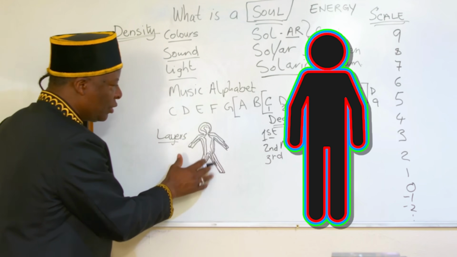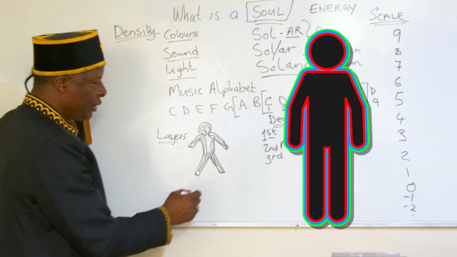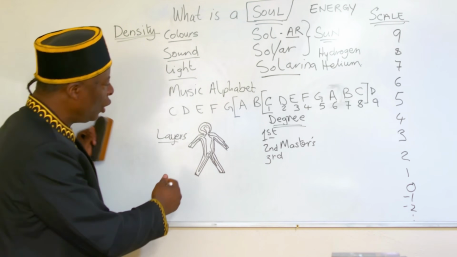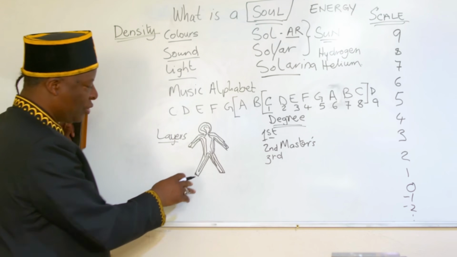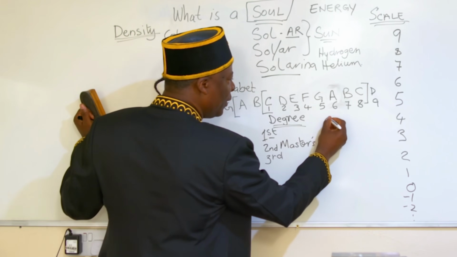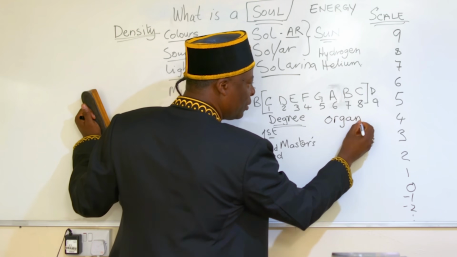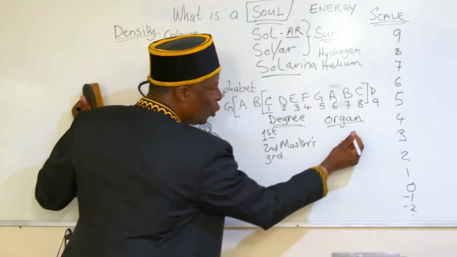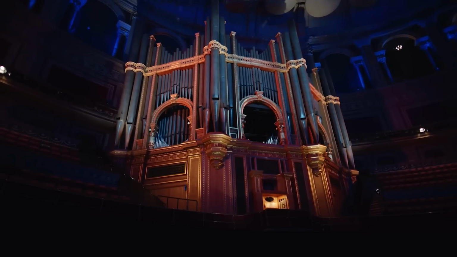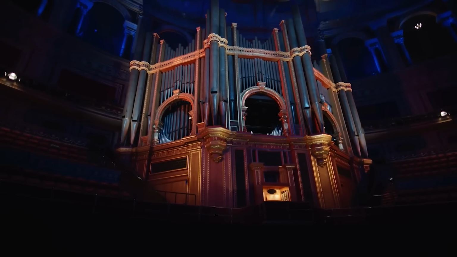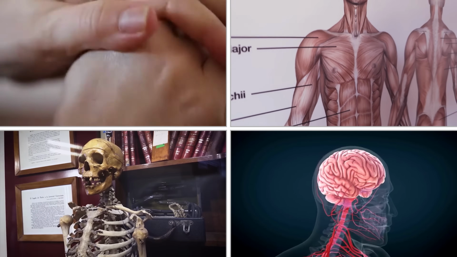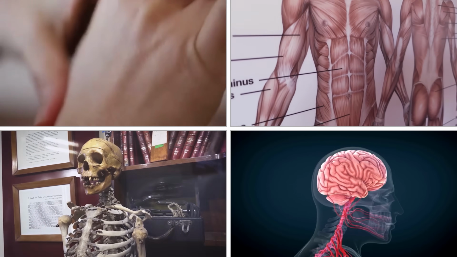So when you're looking at yourself, it's like peeling an onion, right? With the onion, you got different layers, so you can have many parts of you. So your skin, which is an organ. The word organ, again, is very important, because when you say organ or organs, it relates to music as well, because an organ is a musical instrument. All right, so you've got your skin, you've got your muscles, you've got your skeleton, you've